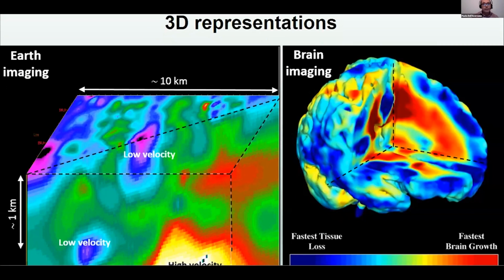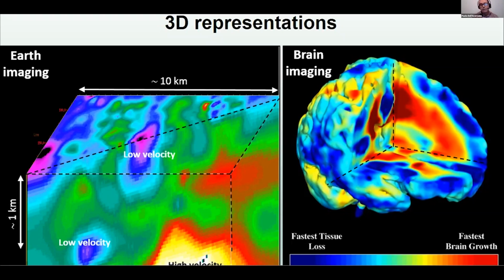On the left side, we have a 3D representation of a geophysical parameter that is directly related with the types of rocks in the underground. And in colors, we have different values of seismic propagation velocity that is related with the different types of the rocks. And this is a typical 3D seismic tomography display. On the right side, we have a different type of 3D map. It is a brain imaging tomography